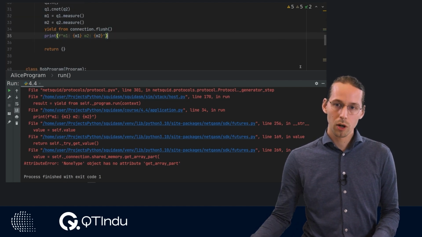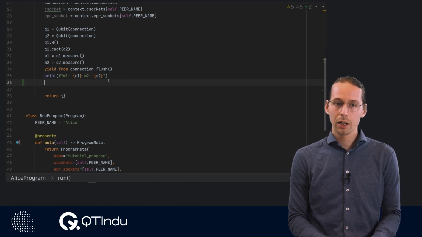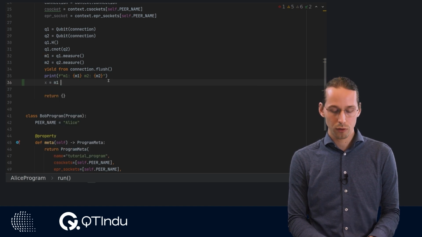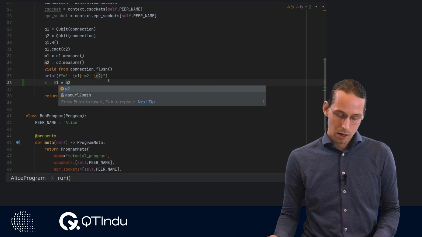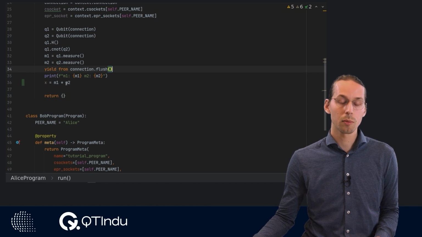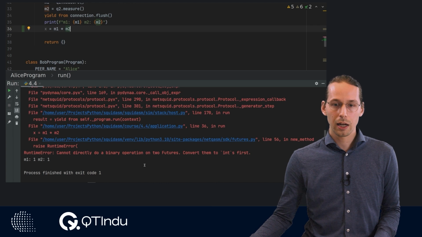But there are some more implications to these M1 and M2 being these future type objects. Namely, there are some operations that do not function as expected. So for example, if we try to compute the multiplication of M1 and M2, we see that again we get an error.